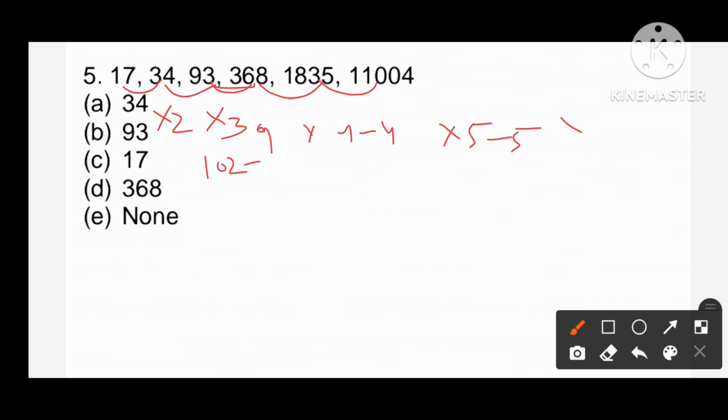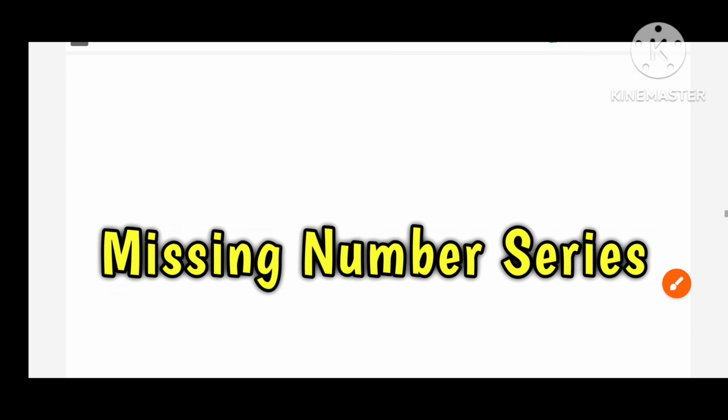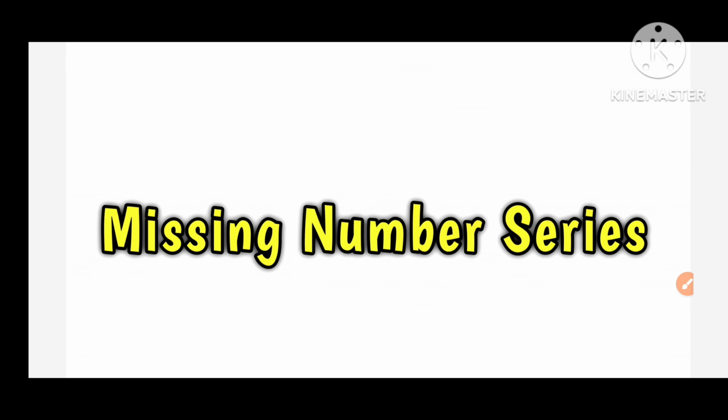Here it must be into 6 minus 6. 5 sixes are 30, so 0 at the unit digit, 0 minus 6, which will be unit digit 4. So our wrong number is situated in between these two. So in between these two means our 34 is our wrong number. So option A is the wrong one. Next one. Now we are going to see missing number series questions.